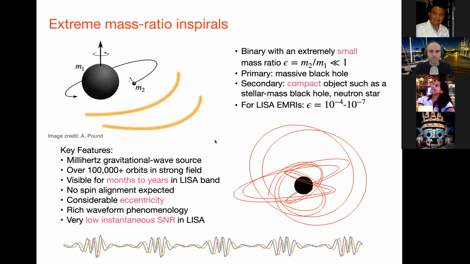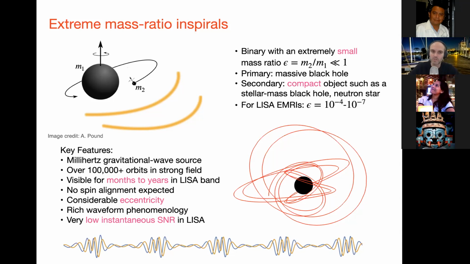So I will focus most of my talk on EMRIs, but keep in mind I'm talking potentially about intermediate mass ratio systems once we have the ability to detect those, and maybe even more comparable mass systems, and I'll get to that as I go along. Let's flesh out a little more about these extreme mass ratio inspirals and set a little notation. I'm going to have a massive black hole, or a larger black hole, of mass m1. So the primary has mass m1 and is orbited by a secondary of mass m2.